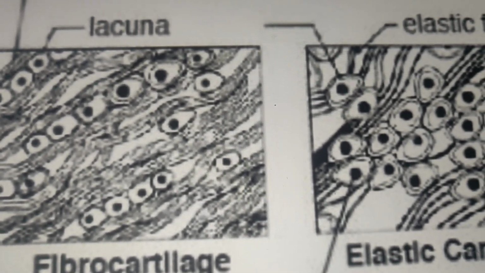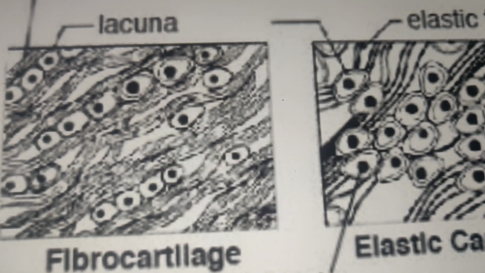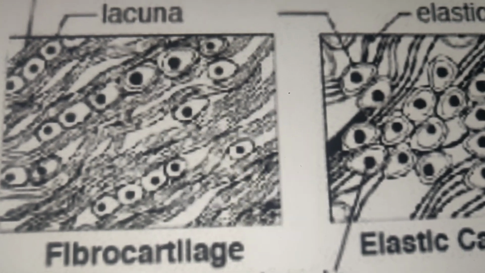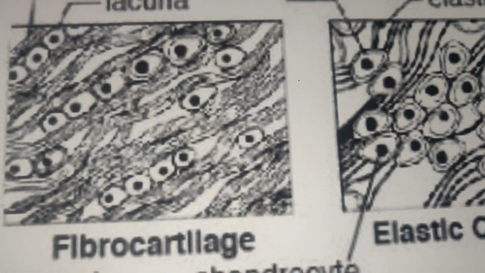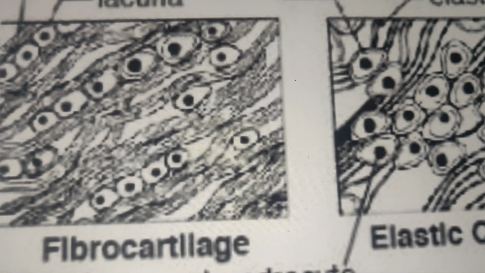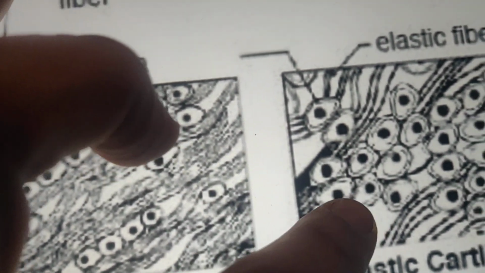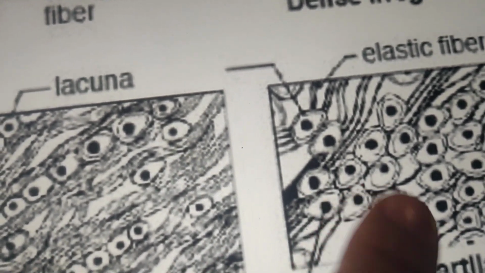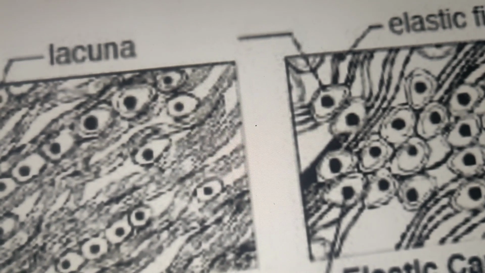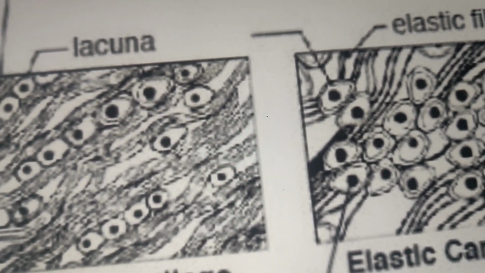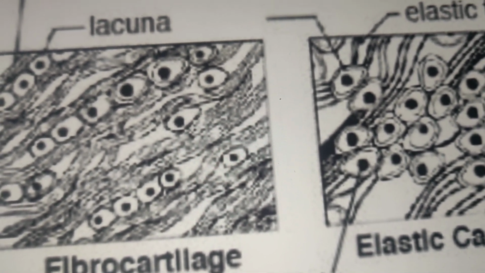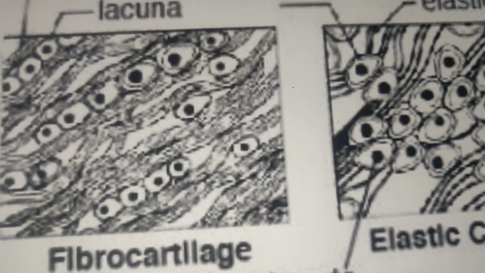Next is the elastic fibrocartilage, or you can also say elastic cartilage. These are flexible tissues of yellow elastic fibers lying in a solid matrix. The matrix is very solid in nature, and the cells lie between the elastic fibers. The chondrocytes are seen between the elastic fibers. These are generally located in the pinna or lobe of the ear, the epiglottis, and the blood vessel walls.